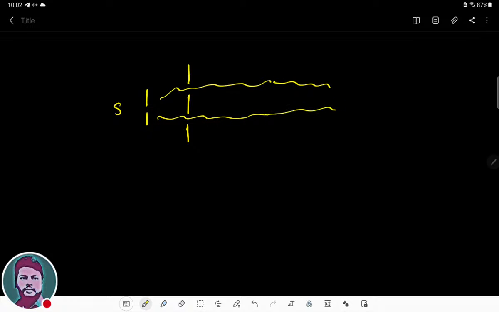In the previous topic, we already discussed the interference pattern of the light. When the plane wavefront passes through the two slits, and these waves are superimposed on each other on a screen, then we get the bright and the dark fringes. This is known as